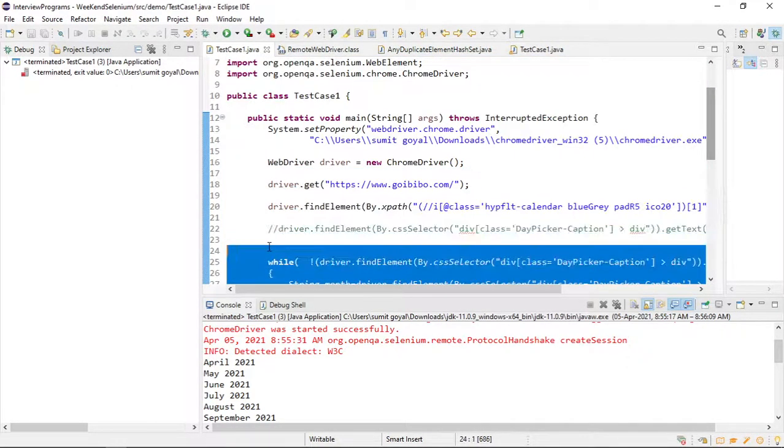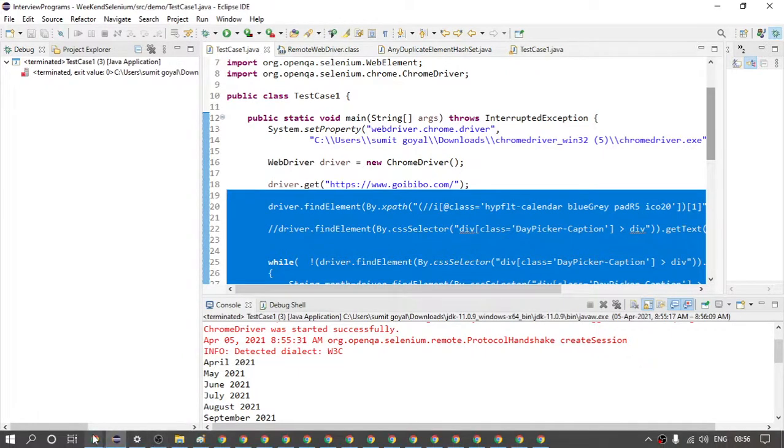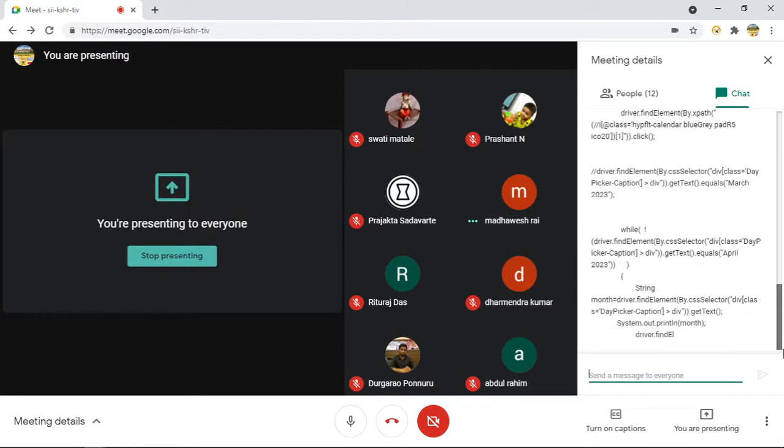Yes, yes. I am sharing this code so you can copy from it. It has printed till here.